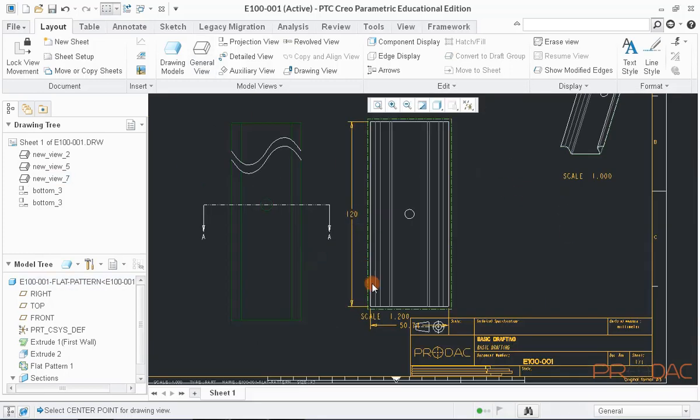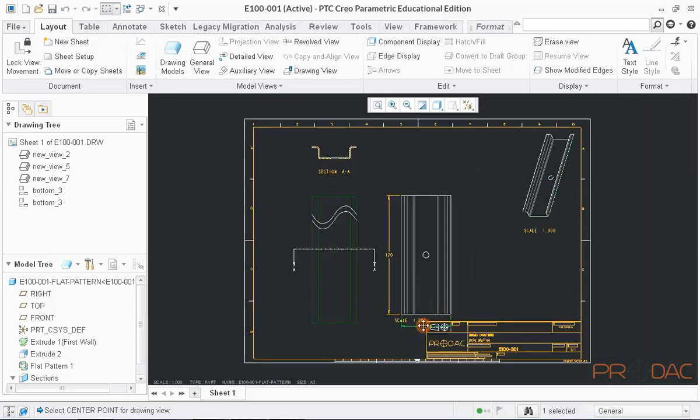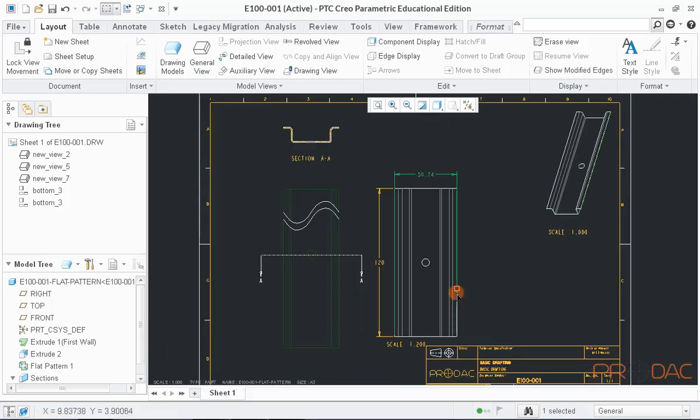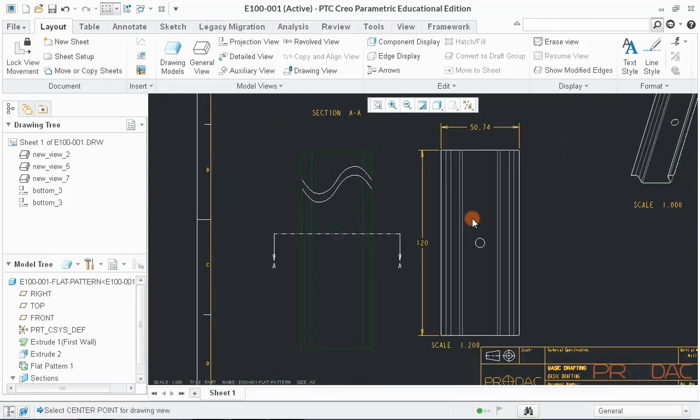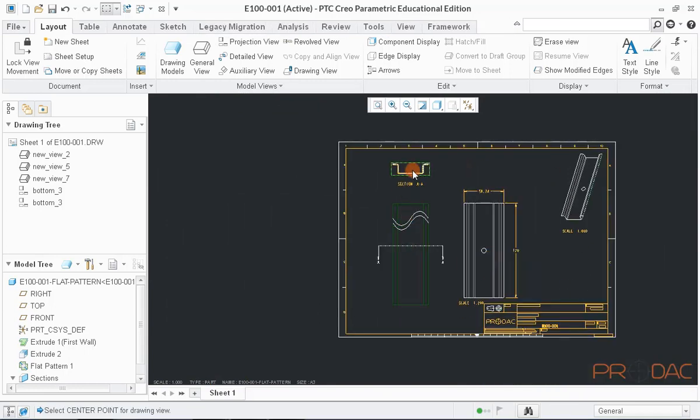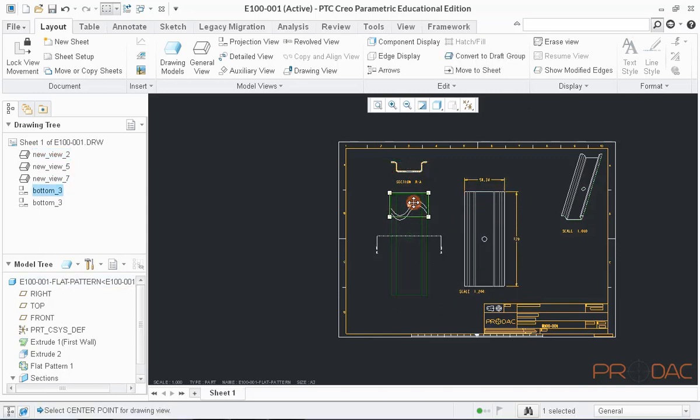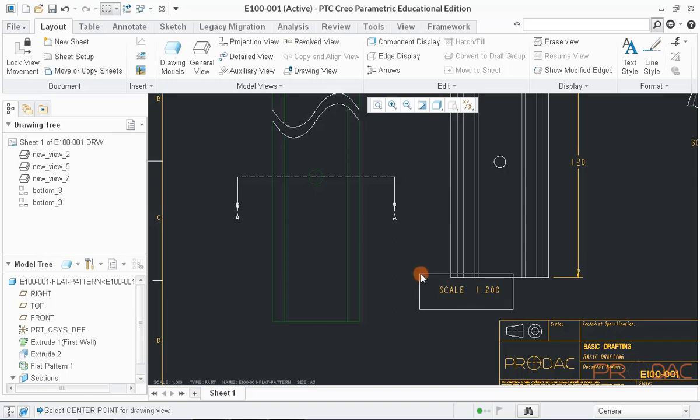Adjust the view position and dimensions by dragging them to the correct place. To drag the dimension of view, we need to select them by clicking on them and then drag. Adjust this text and then go to Annotate tab.